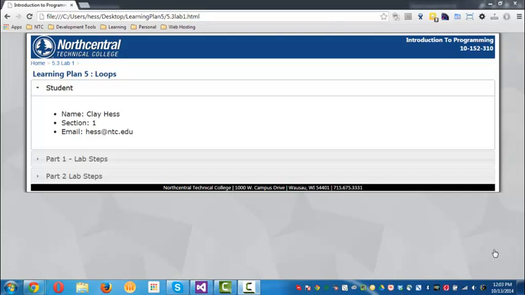Hello and welcome to 5.3 Lab 1. We're continuing on with our loops, but this one we're going to throw a little bit of a curveball in there, because we're going to start dipping our toes, so to speak, into more modularization of our code, more object-oriented principles, pulling functions apart, trying to maintain what's called SRP, single